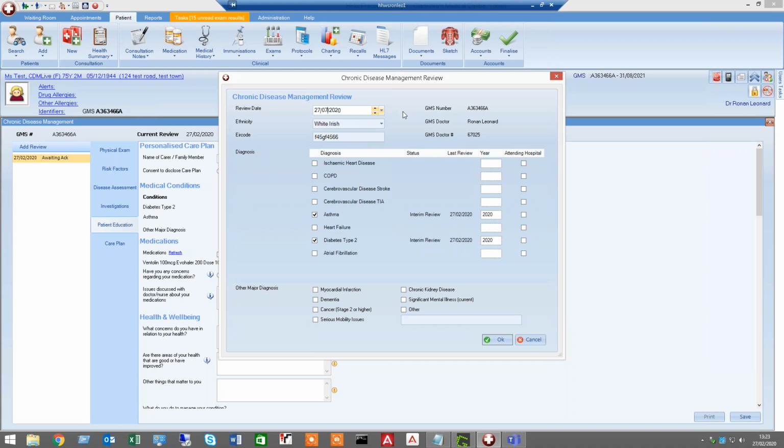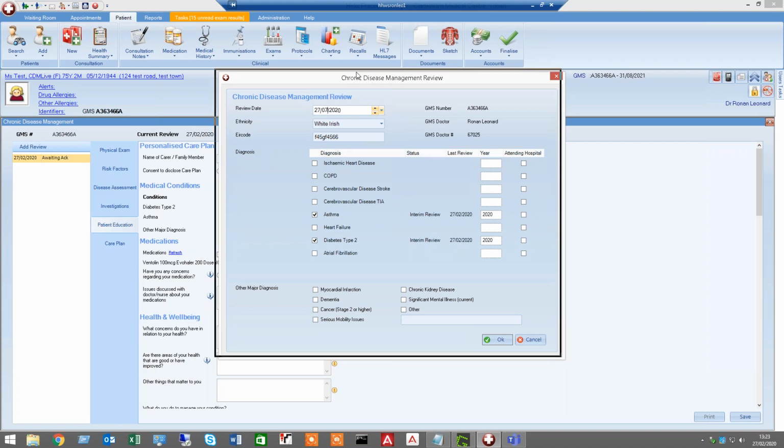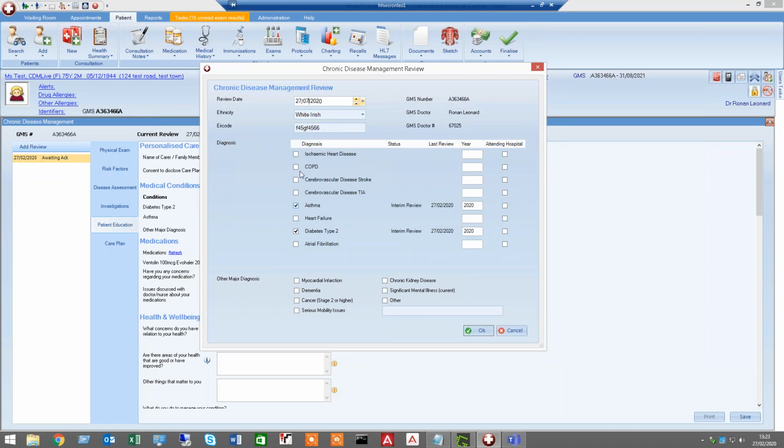Now, don't do this, obviously, because you won't get paid for it if you do it now. But this is just for testing purposes. This screen will always appear at the start because obviously a patient could have developed new conditions since the last review. So the registration screen will always open up and you can tick a box. But like I said earlier, if you tick something new here, make sure to add it back in the medical history section in the patient's chart. So if I click OK on this,